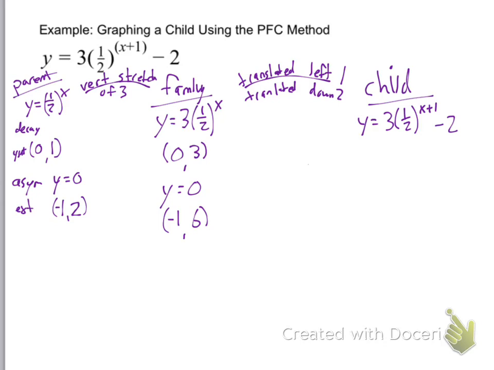Now, if I go left 1, what am I doing? I'm affecting my x's by taking all of my x's and subtracting 1. If I'm going down 2, you're going down and you're subtracting. I'm subtracting 2 from my y's. Notice the same 3 pieces of information will be there. So, if I start at 0 and I have to go left 1, I am now at -1. If I start at 3 and I go down 2, I'm at 1. If I start at 0 and I have to go down 2,